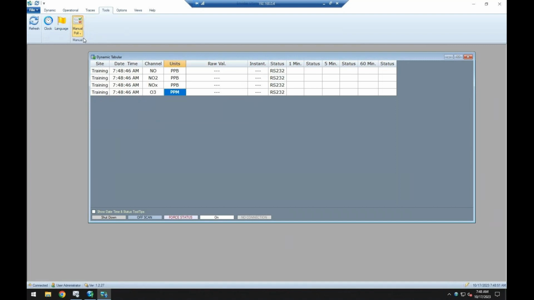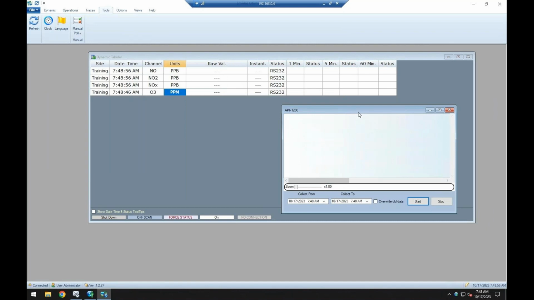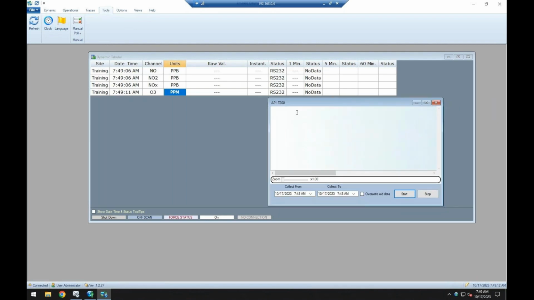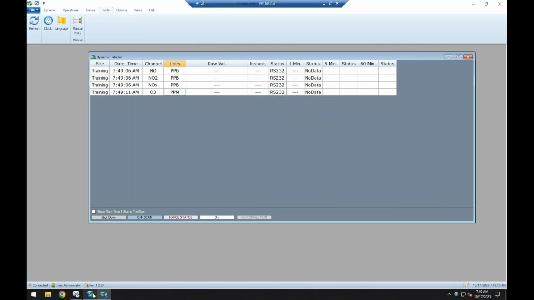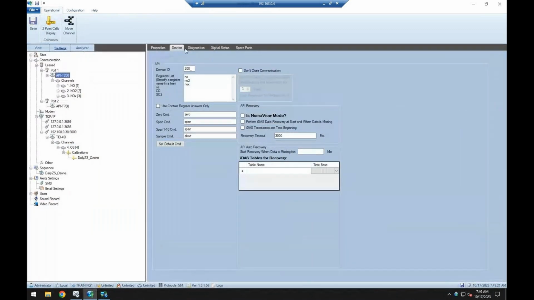This allows you to back pull data on an instrument if for whatever reason the serial cable on the back of the Ultimate or the instrument became disconnected and we didn't collect data for a week. You could reconnect it and then back pull the data from the analyzer. So to use that feature, you actually have to configure the IDAS tables on the instrument itself. So this can be done with the API COM software,